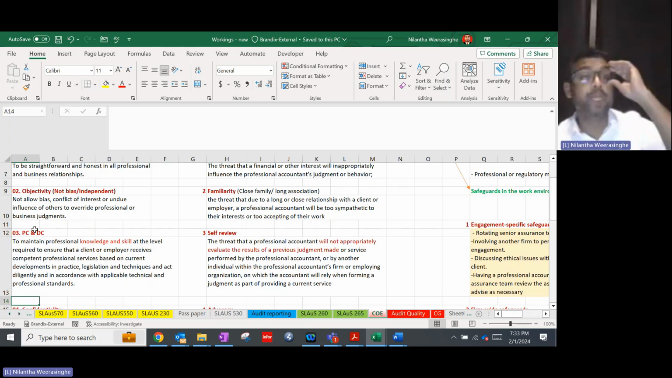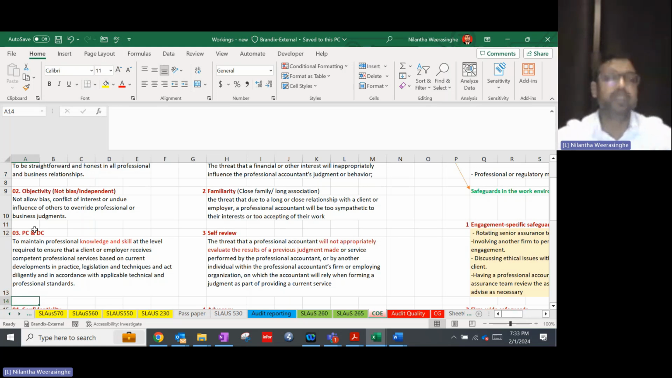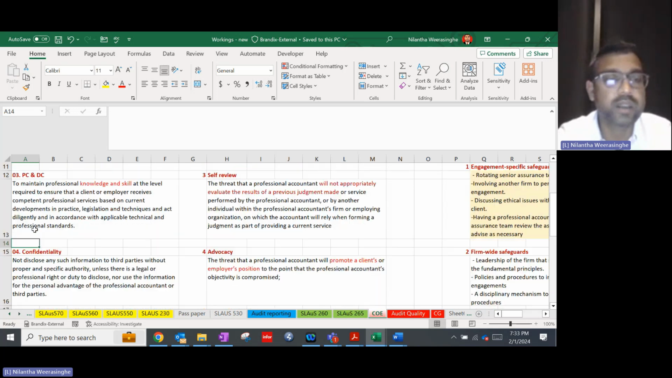Due care means what? Due care means being careful, right? You have to put extra attention to that, which is called due care. So that is the third one. Fourth one,